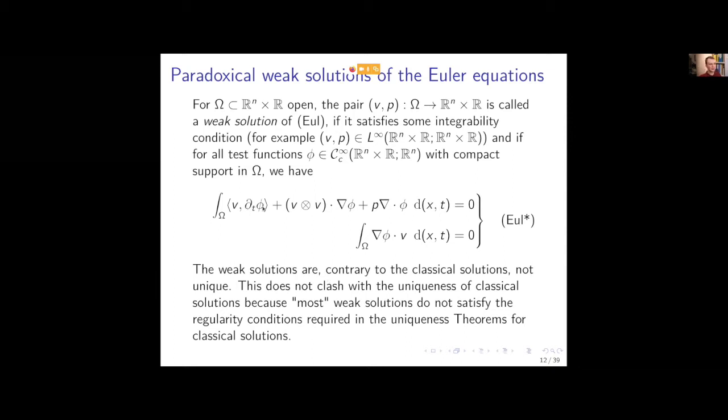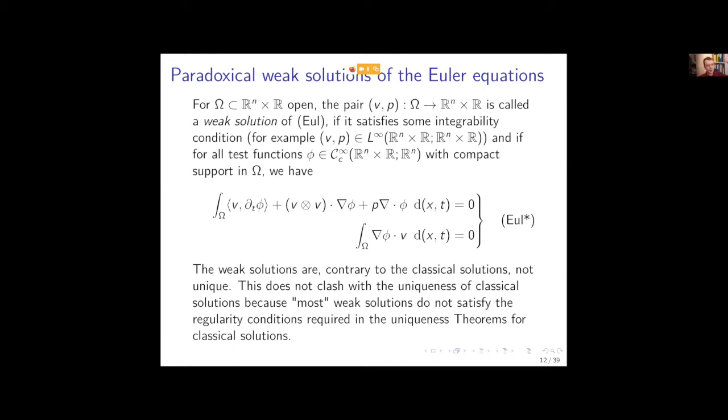And just as a quick remark, if you have a classical solution, v and p, that satisfies the actual Euler equations, you can see basically just by doing integration by parts that these equations are going to be satisfied. So this is also the motivation for weak solutions. Essentially, we look at what the classical solution satisfies, and then we just do integration by parts, and we get this, right? So any strong solution, any classical solution, so any solution that is differentiable and satisfies them in the sense that I said before, where you actually take the derivative, will satisfy this too, right? But additionally, now we have also, for example, L infinity functions.